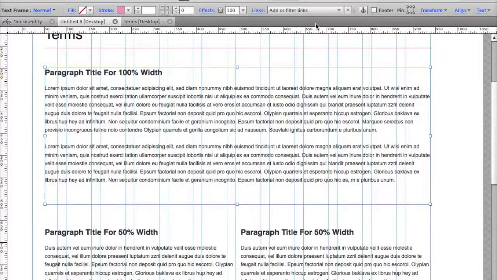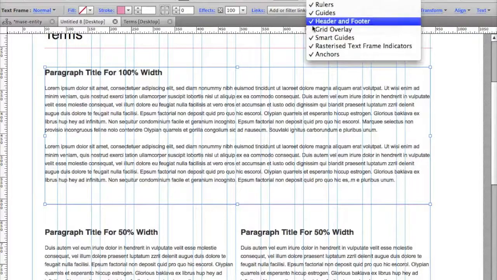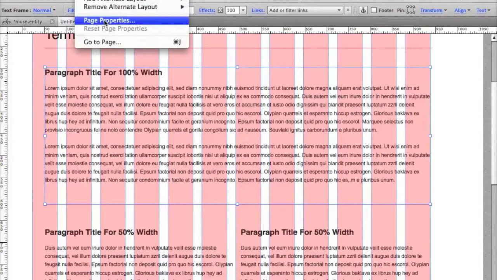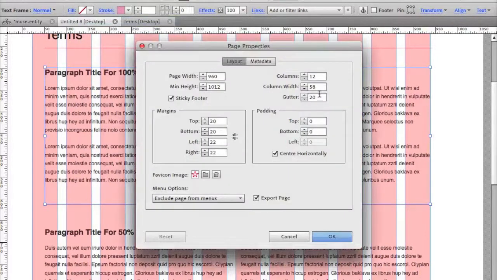Now you'll notice we've got an overlay here of lines, and if we go up to our grid layout here, we can do a grid overlay like this. It puts this pink overlay so that we can see where our columns and our gutters are, and we can change those in the properties. So if we go to page and then page properties, we can set up our columns and our column width